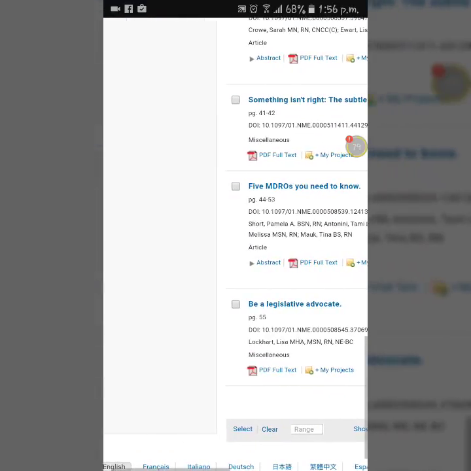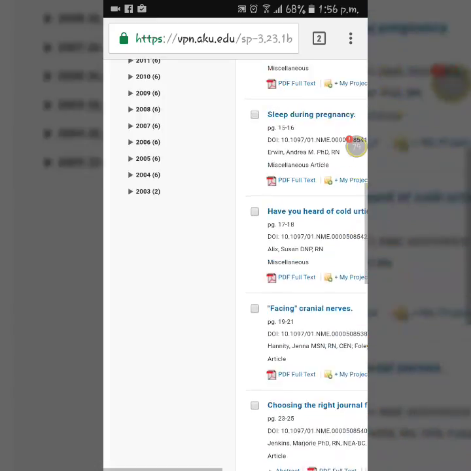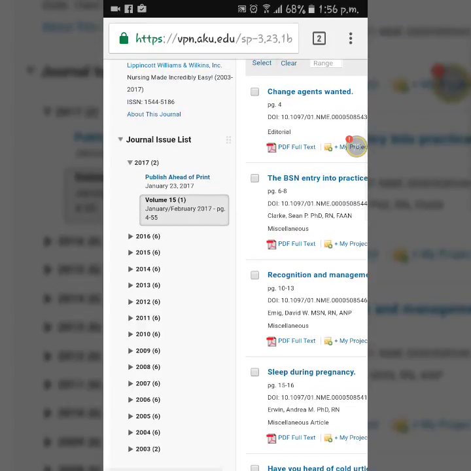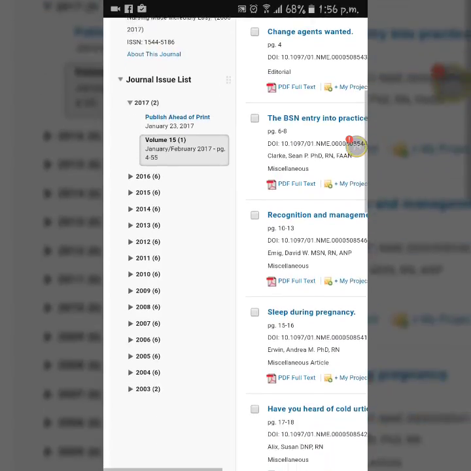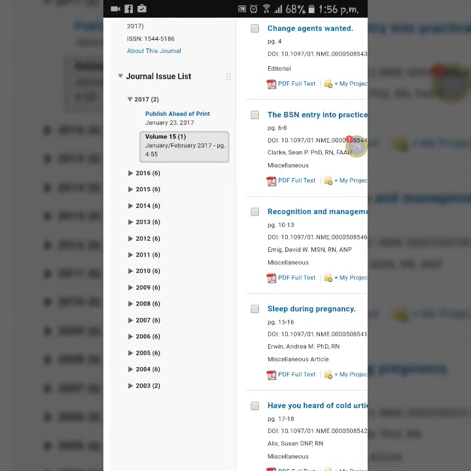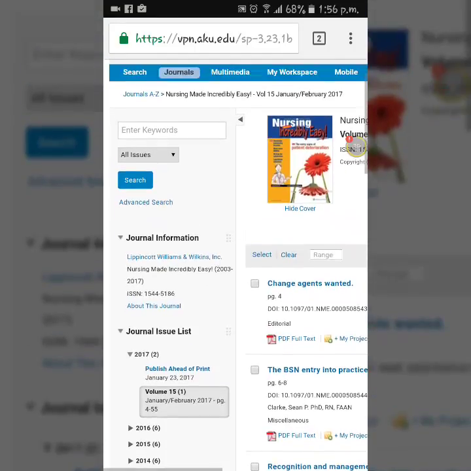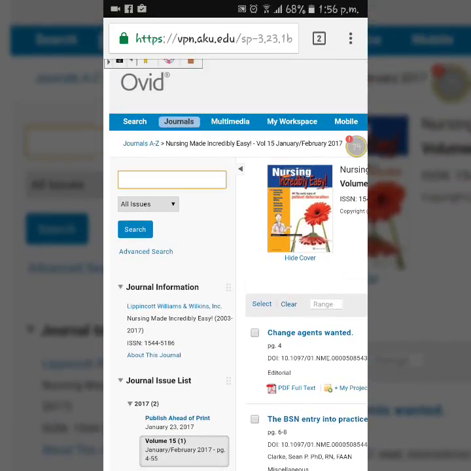So if you want to go towards the previous articles, then you can go 16, 15, 14, 13, but it is difficult to search for any article because you don't know where your selected article is available. So here is a search option. For example, you want to know